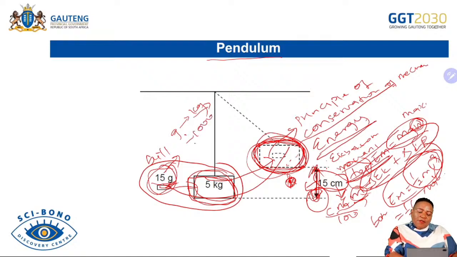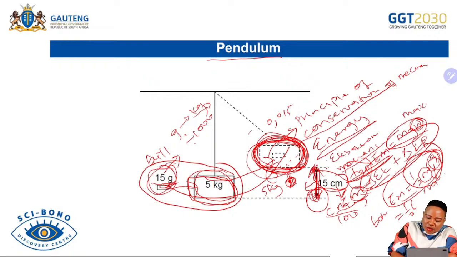So you'll say 15 grams divided by 1,000, and then you will add the bullet, which is going to be, I think, 0.015, and then this one is 5 kilograms. So you will add the two and find the mass of the bullet and block system, and that will be the mass that you substitute here. We are looking for the velocity. Remember, the mechanical energy is at this point, so you also have the height, so you can also find the gravitational potential energy.